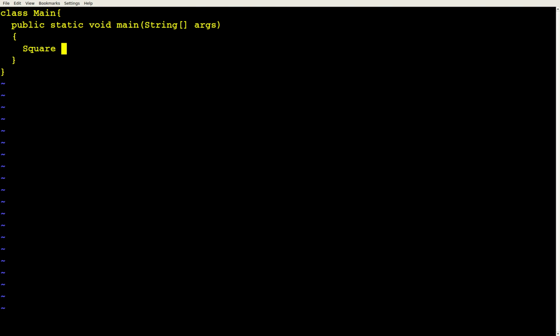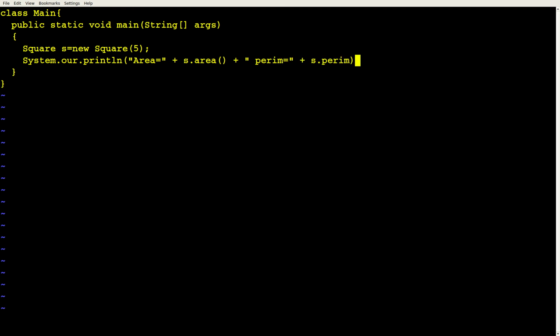Gotcha. So Square s equals new Square 5. All right, so we construct a new square and we'll print out the area and the perimeter.